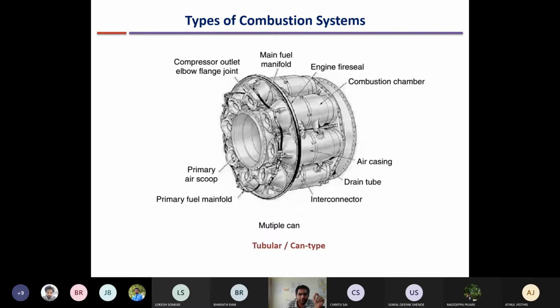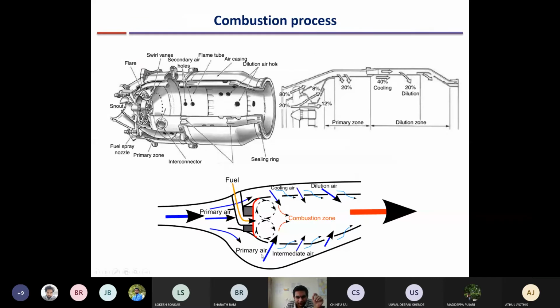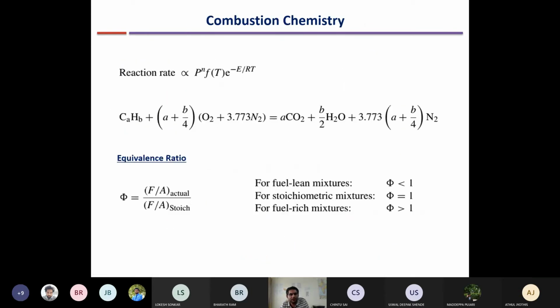For example, if we go back, by injecting flow from different holes at different regions, you induce some recirculation zones to sustain the flame. Whenever there are recirculation, turbulence or similar deviations from smooth flow, it will induce some pressure loss. So you cannot avoid pressure loss. If you wanted to avoid pressure loss, you could have made it a single straight cylinder, but then the flame will just go out. So to hold the flame, you need to induce recirculation and turbulence, and as a result, there will be some pressure loss. Is it clear?